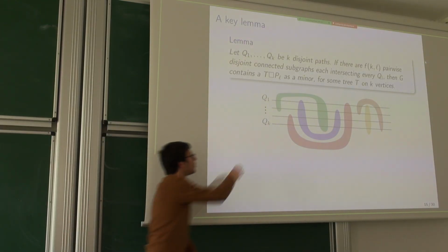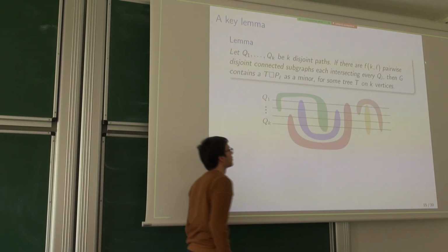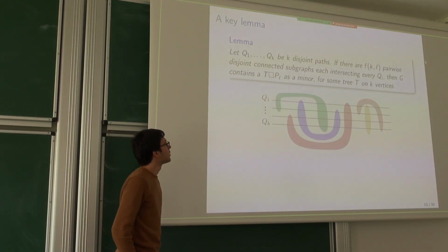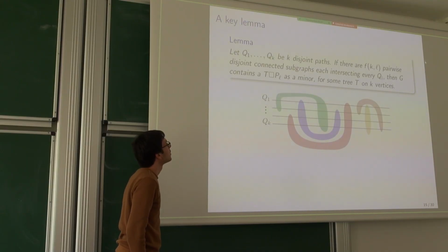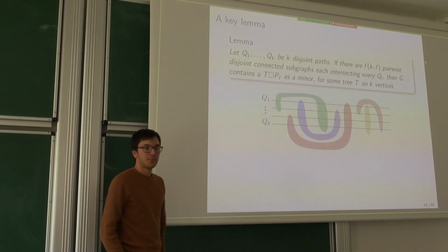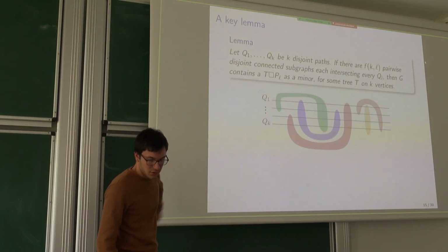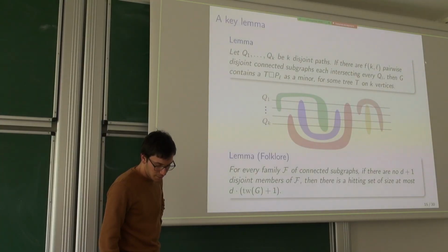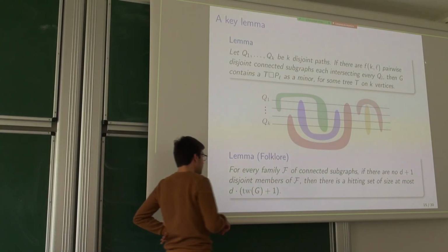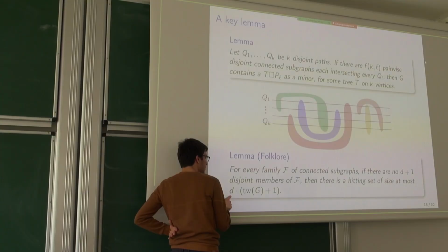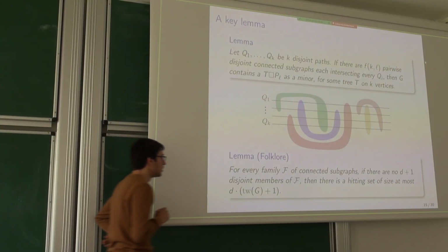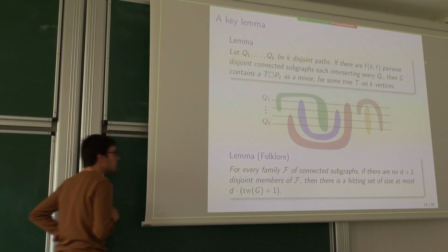Okay, so it can be complex, it can look like that, or it could be worse. But still, in the end, you will find these obstructions. Okay. So this is not very hard to prove, just quite standard arguments. And it becomes very useful when combined with these very important properties of graphs of bounded treewidth, which